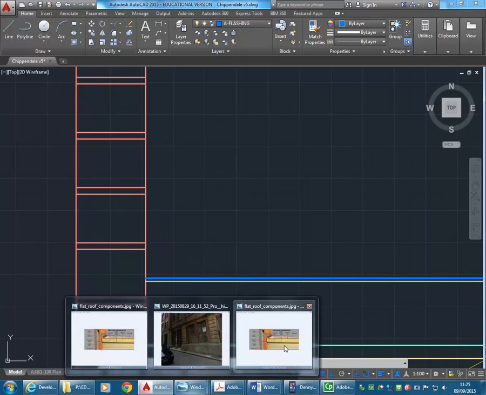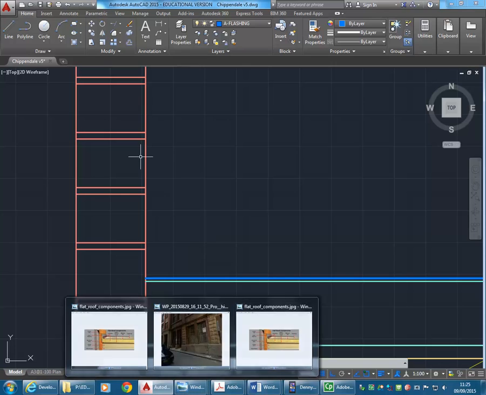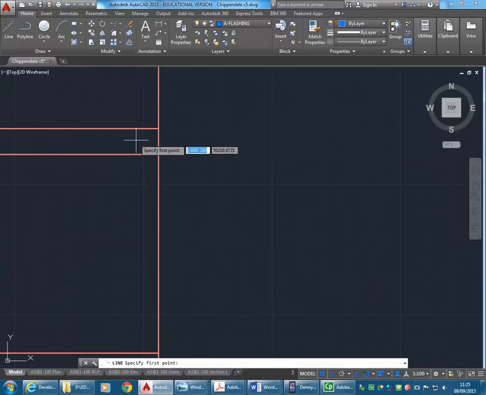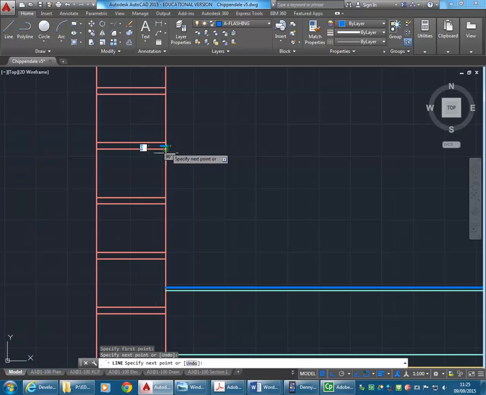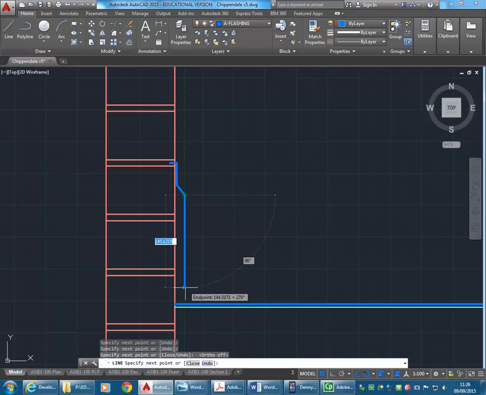Okay, so you can see there it would essentially come across from the brickwork, down, and then out, and then down, and then across again. So you can do all that pretty much by eye. So just drawing a line from the brickwork, across, down, and then at an angle away from the wall. So just turning ortho off,